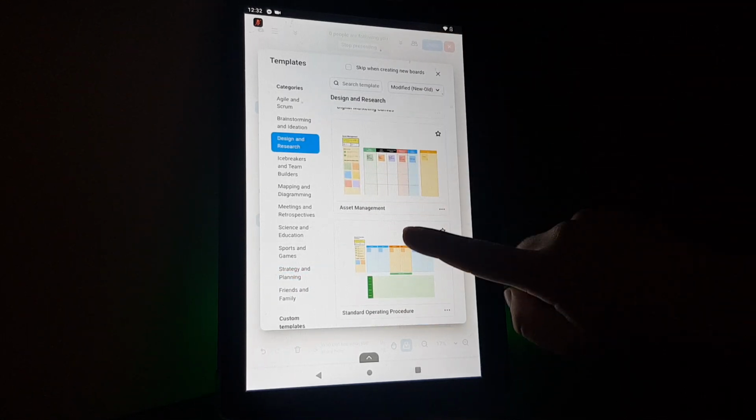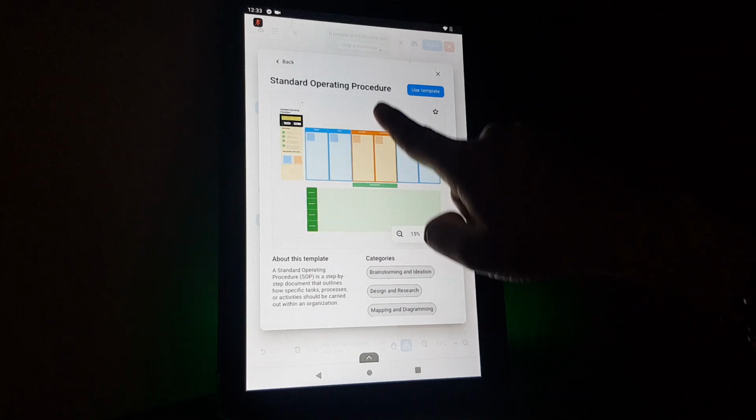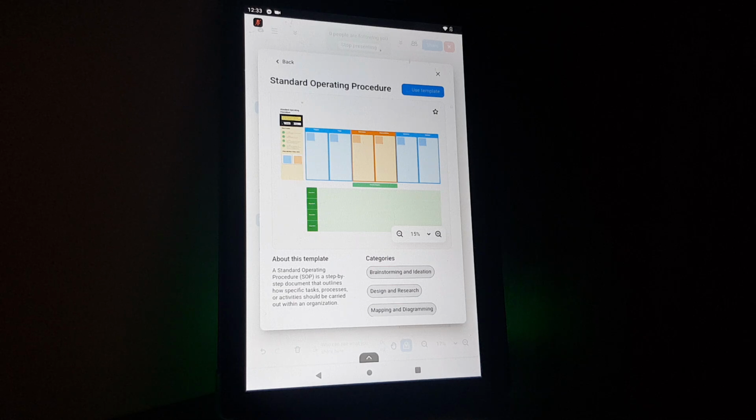And here you can select one by tapping on it, and on the top right corner you just tap on use template,